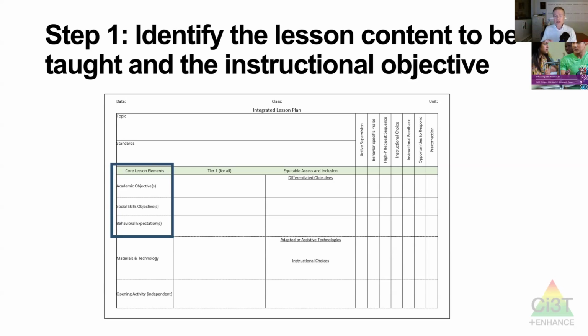opportunities to respond. If my academic lesson is that history review of the Golden Gate Bridge, I'm also going to think about, well, what behavior expectations do I need to review? So I'm going to pre-correct for them, reminding them and looking at the school-wide expectation matrix of giving best effort and showing respect as we're listening to others in our discussions and think, pair, shares and everything like that. And for social skills, I'm going to remind them about and incorporate throughout the lesson when we get to it, empathy, for example. We just worked on empathy in our social skills lessons.